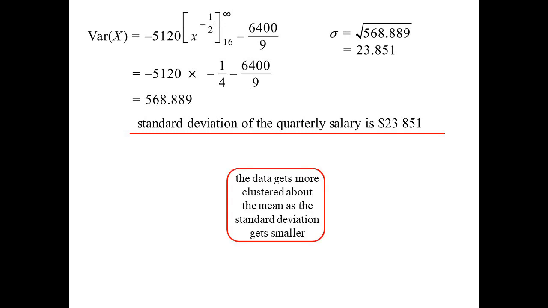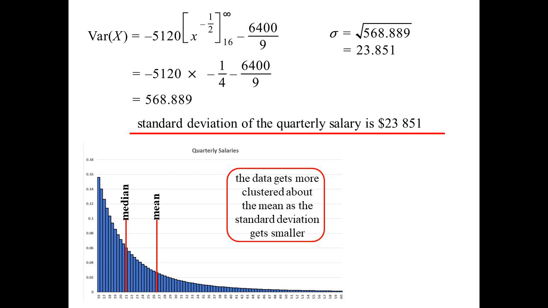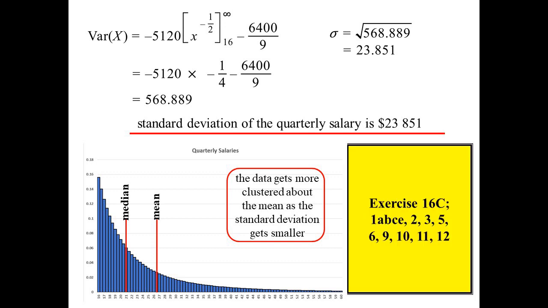Now what you'll find is that the smaller the standard deviation, the more clustered the data is around the average. So this is telling me that because it's quite a large one, it's not going to be so clustered around the average. It's going to be quite spread out. There's the actual graph. All right, it starts off, but of course it keeps going. Do you remember what the formula was? It was x to the minus 5 on 2, was it? But it's going to keep going. So that data is very spread out. There's the position of the mean, there's our median. So there's the positive skew we can see in the distribution, what actually happens there. Okay, so 16C.